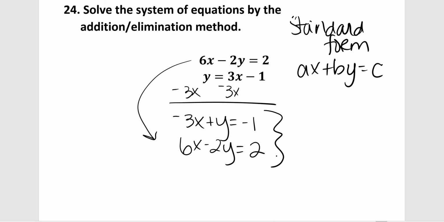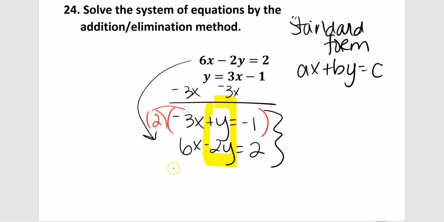So I need to decide if I'm going to eliminate x terms or y terms. And it's really up to you. It doesn't matter. So I am going to try to eliminate my y terms. So let's focus on the y. We have y and -2y. Well, if I were to multiply this first equation by +2, multiply everything in that equation by +2, I'll end up with